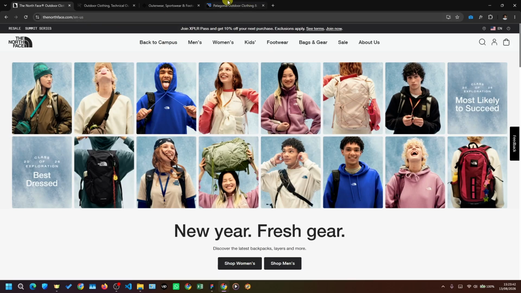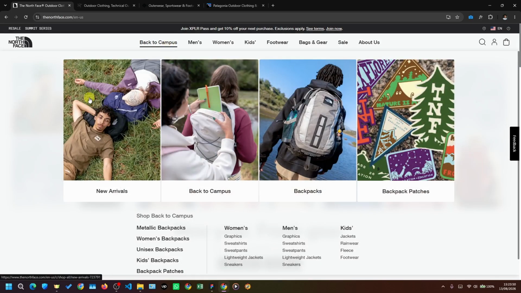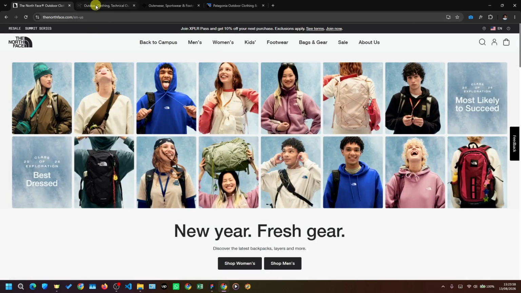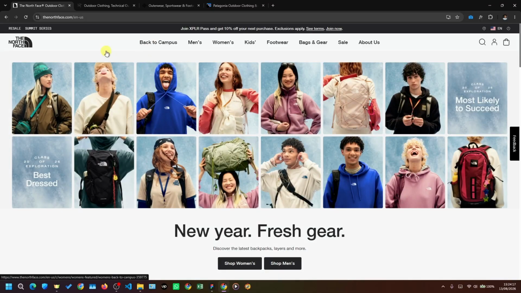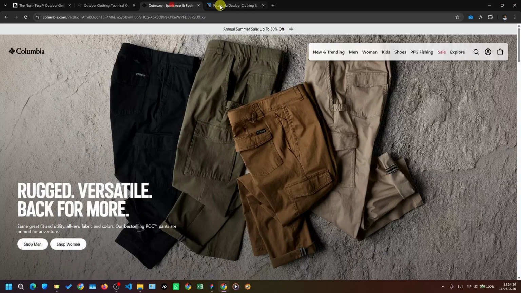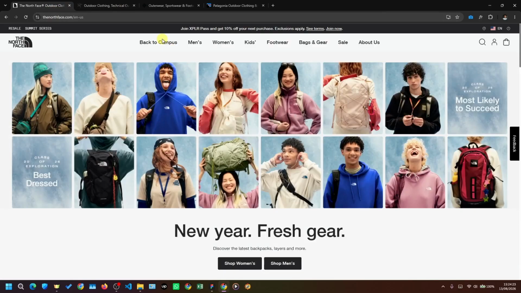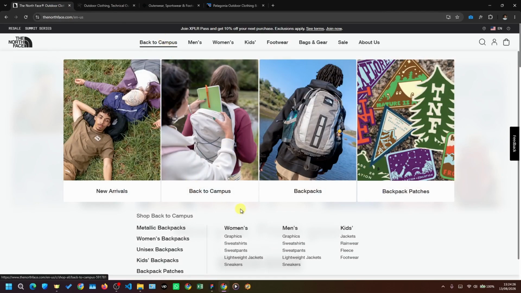Okay, and before moving on to the home page, I think I missed one navigational issue, which is if we go over to the Back to Campus here, sometimes I open this by accident. For example, I've opened another website, then go back here, and my cursor accidentally enters the hover on Campus, and then I cannot escape. The way to escape is to go back to the top or to the taskbar, and it's very annoying. As you will see, occasionally when I'm doing this video, I hover over this one and I get stuck here, and that is